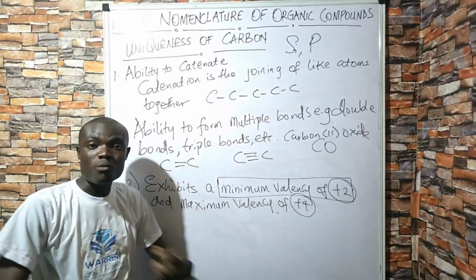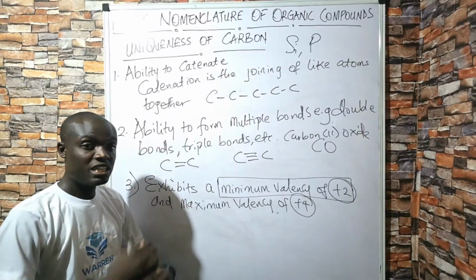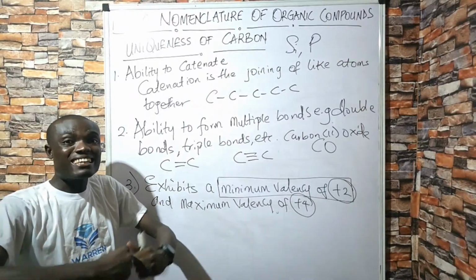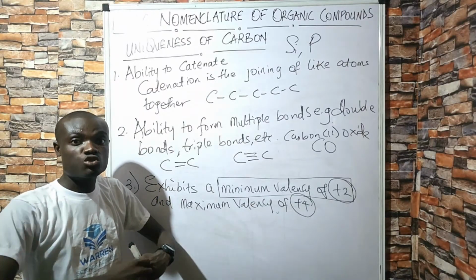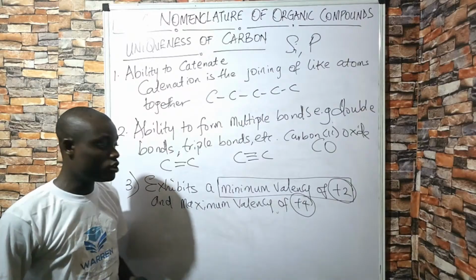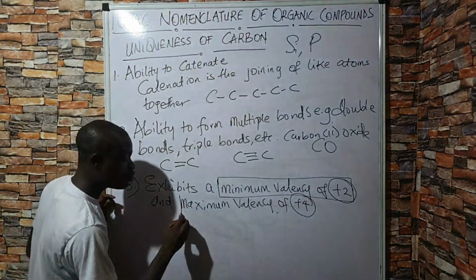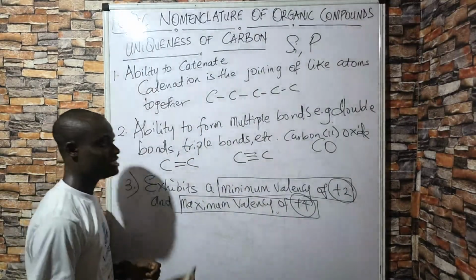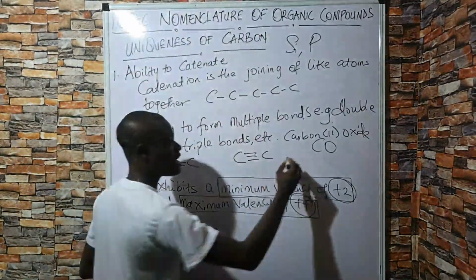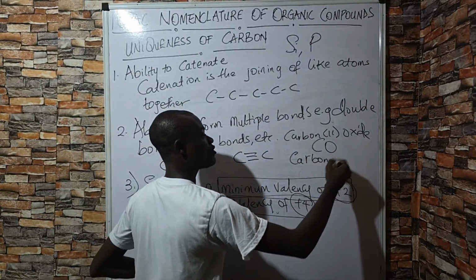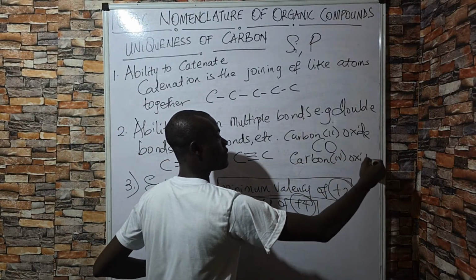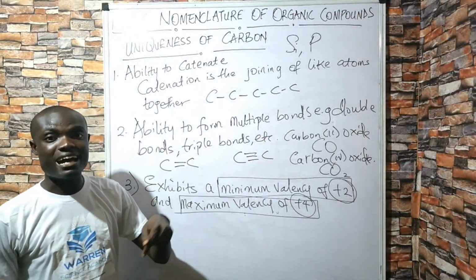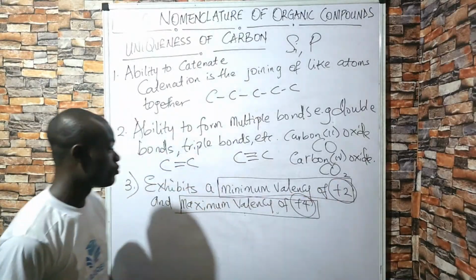So when carbon becomes excited, when it absorbs energy, it moves from the ground state to an excited state. And at that excited state, it will have a higher valency. It now has that tendency to form multiple bonds. So at that form, we have what we call a maximum valency of +4. Maximum, the highest it can attain. So it is at this state we have what we call carbon 4 oxide, which is CO2, or the old name, carbon dioxide, because we have 2 oxygen. So take note of this.